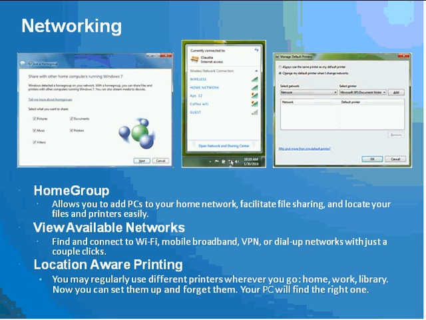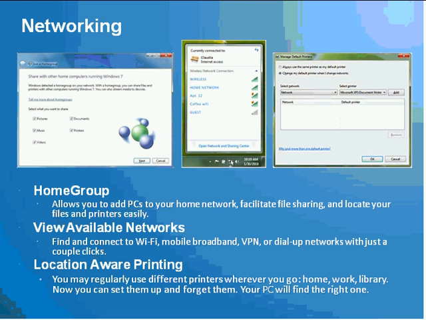So in my home, I just connect to my home network, which is in a home group, and automatically the PC, which is my laptop that I've just connected, detects this change and makes my home printer the default printer, so that whenever I send any document for printing, it by default goes to the printer at home.